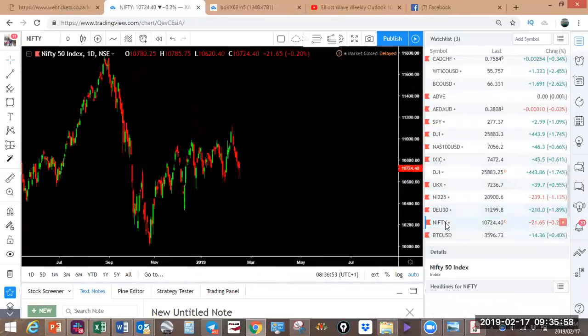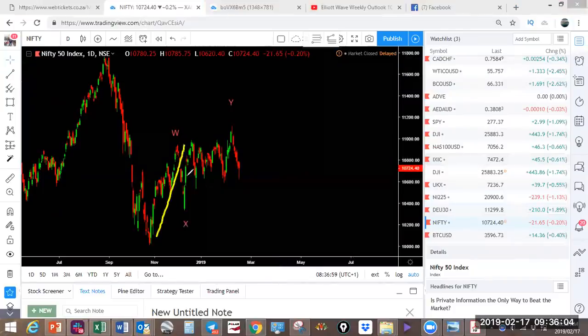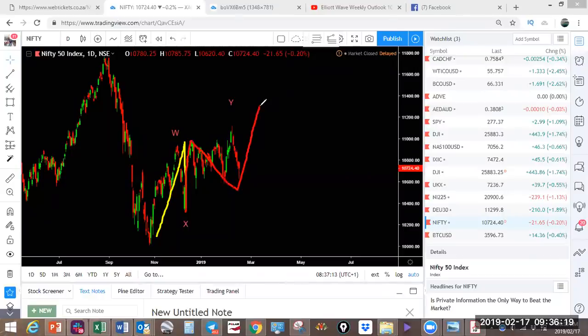They're all looking upside. The Nifty, let's see what is going on here. We've got a move up, a corrective structure back, and now we're looking at this one here to be doing 1, possibly 2, and then up. Okay, so this will be,